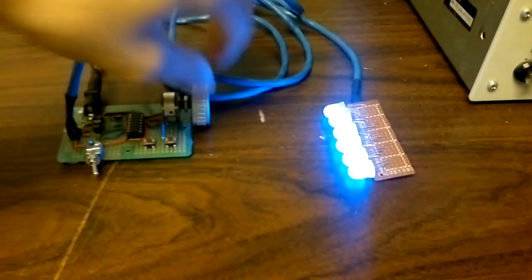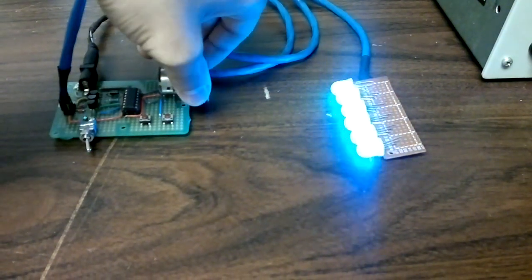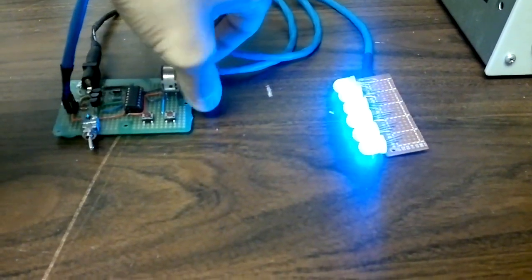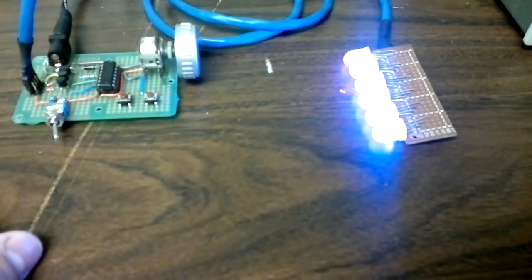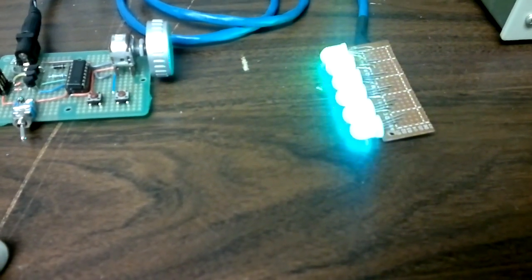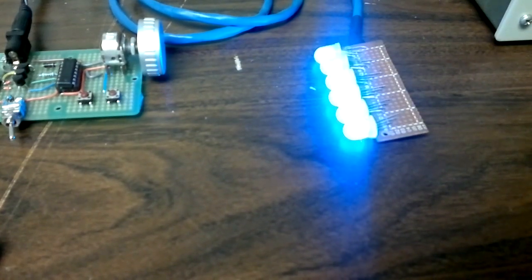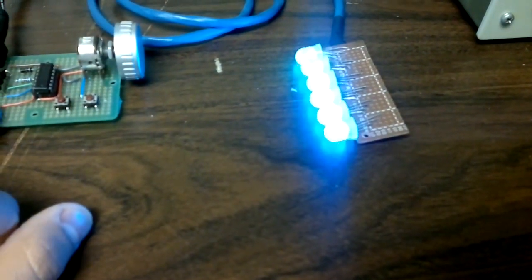So there's a switch, turn it on. First setting is just color change. Rotate through, pick any color you want. Second setting is automatic rotate. And third setting is